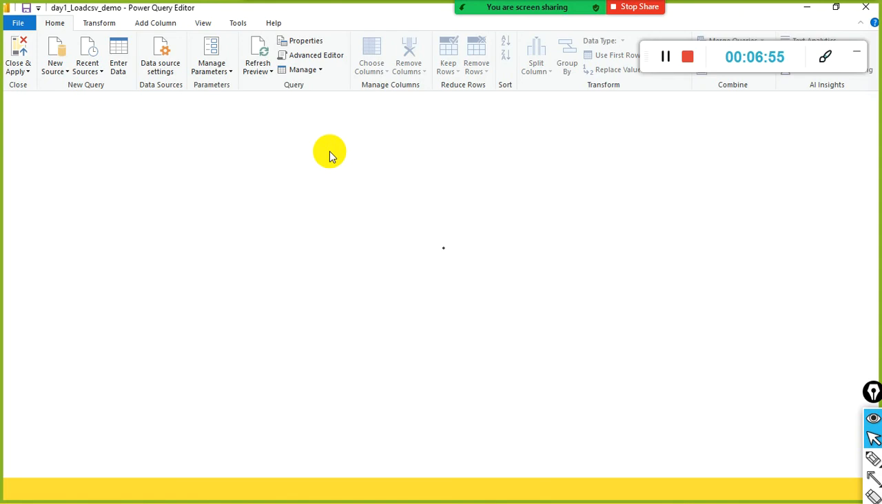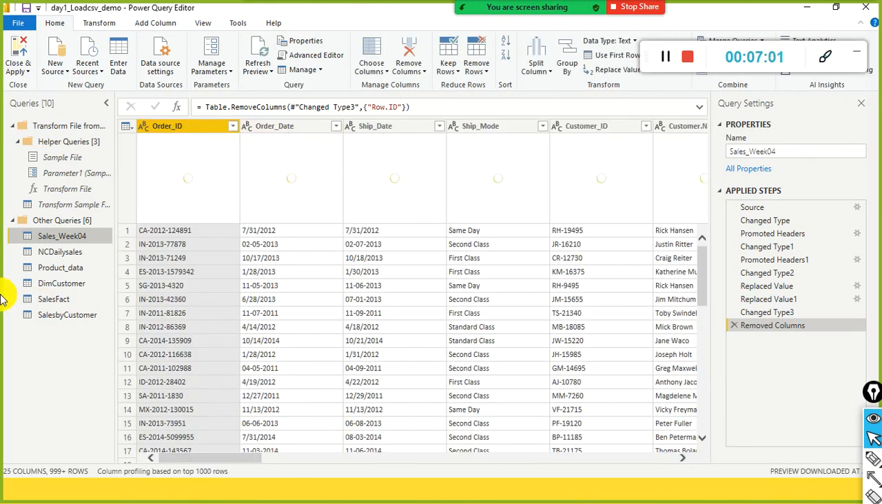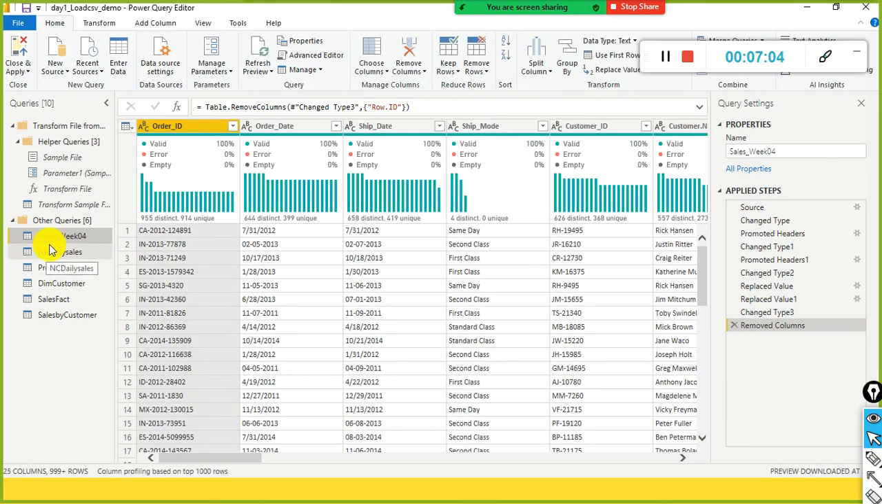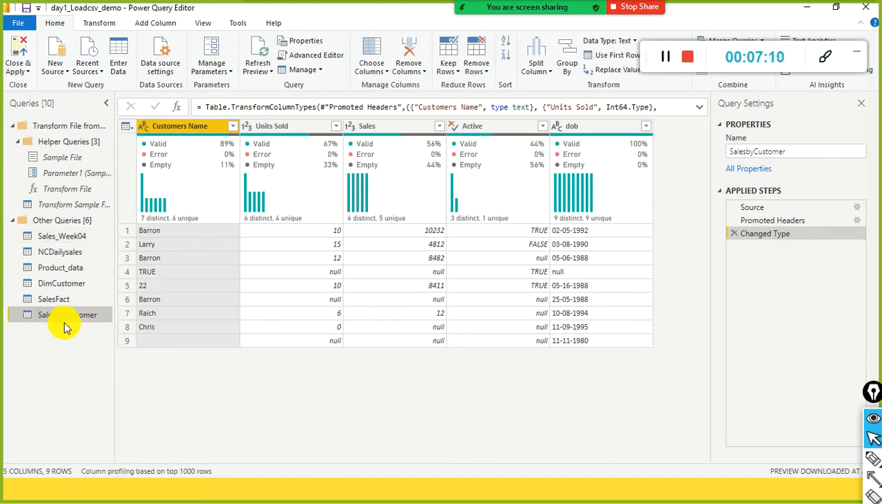Currently we are in the Power Query editor, and it shows the data from sales week 04. This is not what we want to see. We wanted to see the data in sales by customer. Hence you need to click on the appropriate query without fail. Okay,